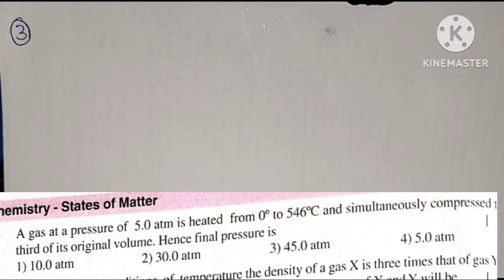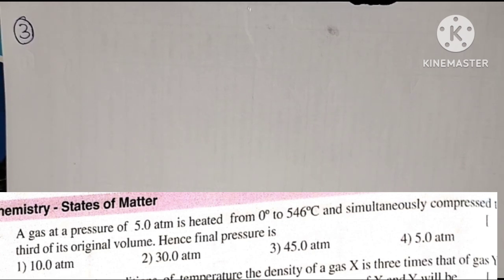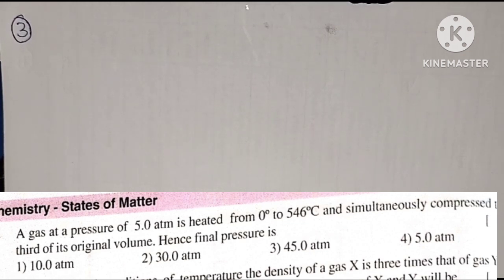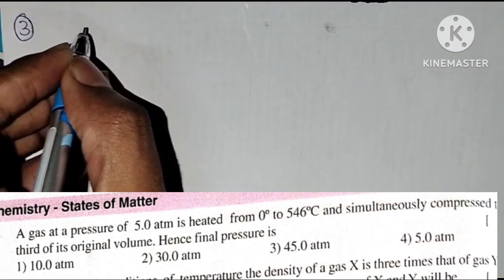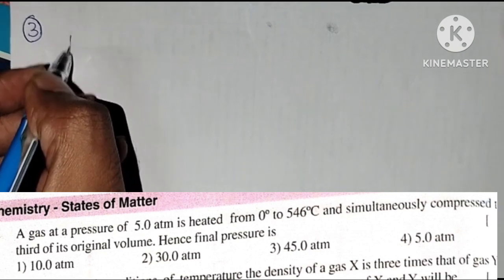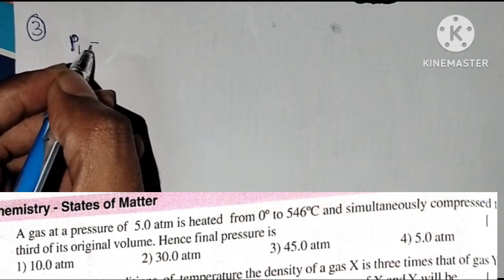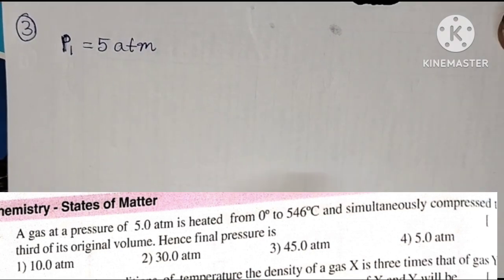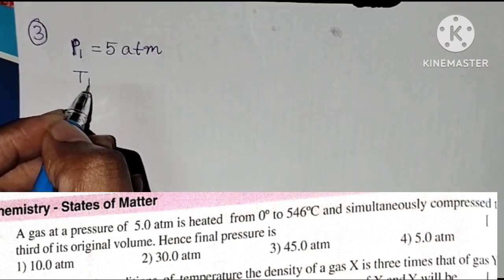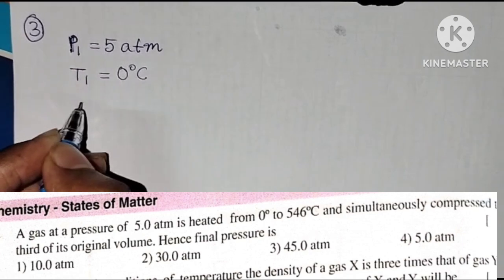A gas at a pressure of 5 atmosphere is heated from 0 degrees centigrade to 546 degrees centigrade and simultaneously compressed to 1/3 of its original volume. Find the final pressure. Okay. Here, initial pressure of the gas P1 is equal to 5 atm, means atmosphere. Okay. Now, this gas is heated from 0 degrees centigrade to